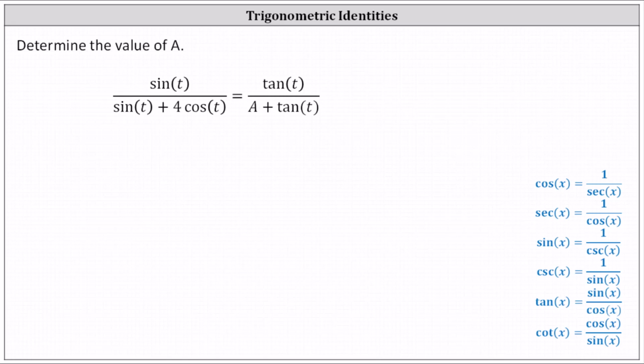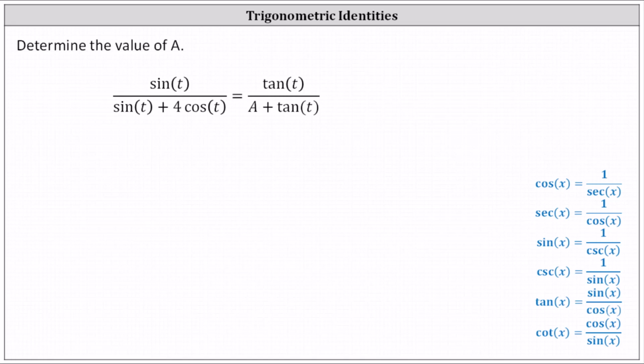Determine the value of a in the equation sine t divided by the sum of sine t and 4 cosine t equals tangent t divided by the sum of a and tangent t. Recall that tangent t is equal to sine t divided by cosine t, and since the numerator on the left